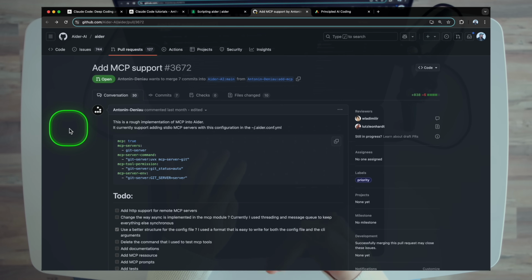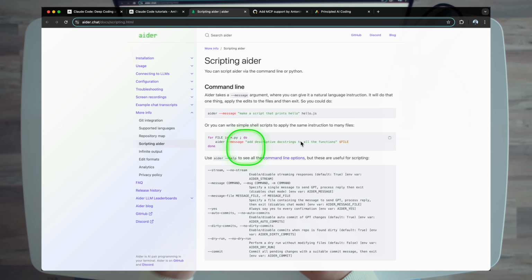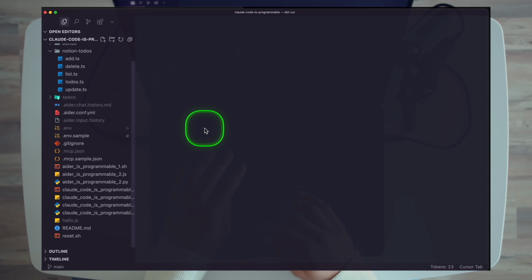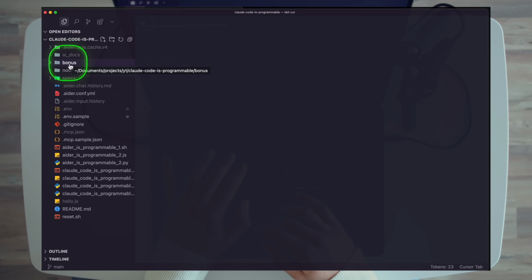But I'm also personally on the fence. I think Aider is a beautiful, fantastic tool because it is simply an AI coding tool. It does one thing, and it does it well. For anyone that's interested, I have a bonus directory here with a couple additional assets in